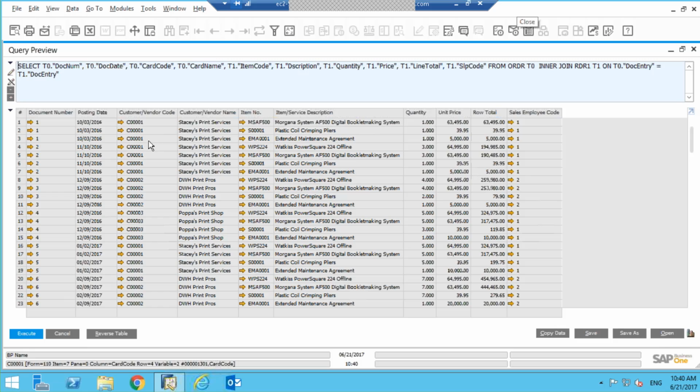For example, look at this column here. It's called customer vendor code, and this one is called customer vendor name. Well, because it's a sales query, I know it's related just to a customer, so I want to change that description. So I'm going to put my cursor right there. I'm going to type in, as a little tip,